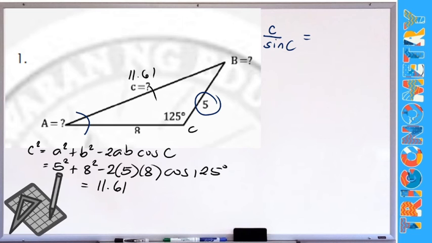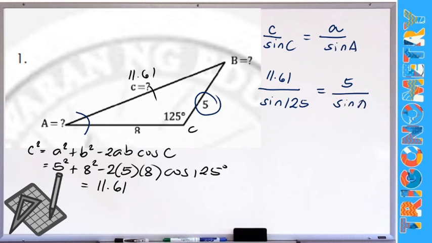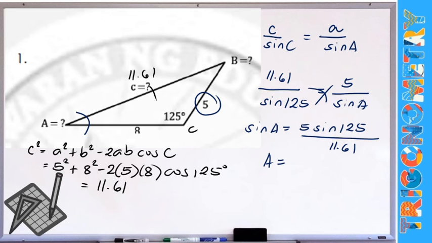So we will find angle A first. We have A over sine A. If we compute for that, we have the value of C, which is 11.61 all over sine 125, is equal to A, which is 5 over sine A. By cross multiplication, the value of sine A is equal to 5 times sine 125 divided by 11.61. Then, by finding the inverse function,